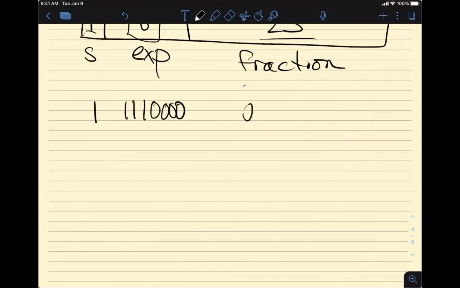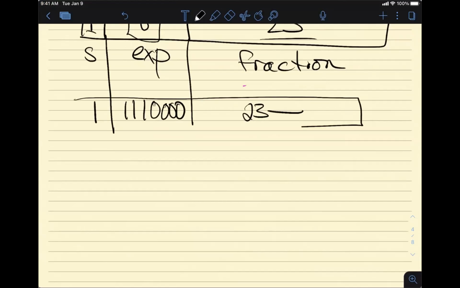And then we have 23 bits of binary. I don't care what they are. Okay, so you see how these line up? Now, right shifting, did I say left earlier? So right shifting by 23 bits is going to result in